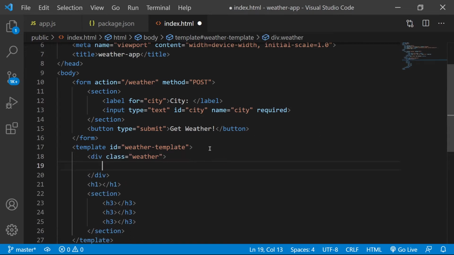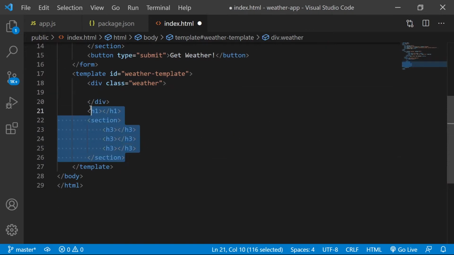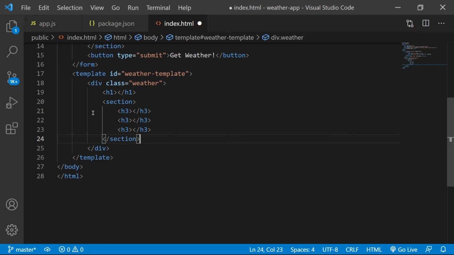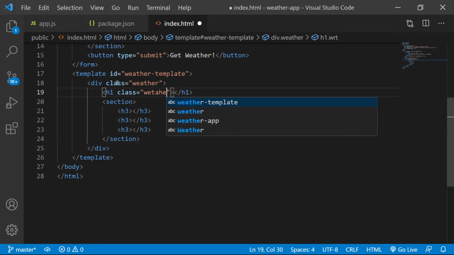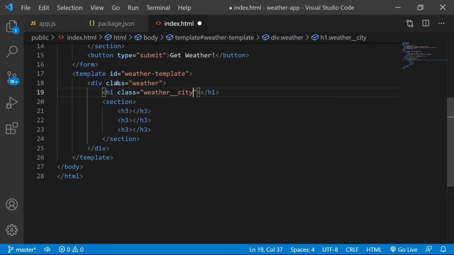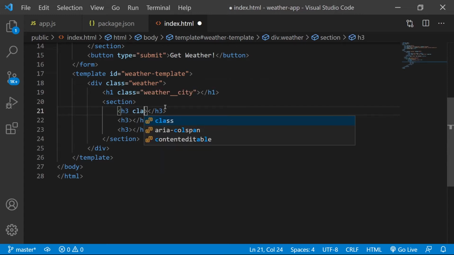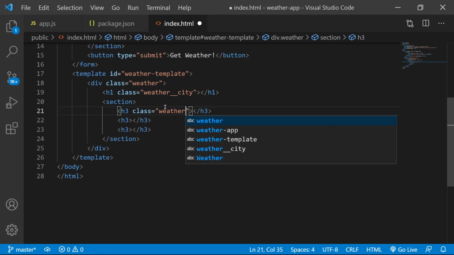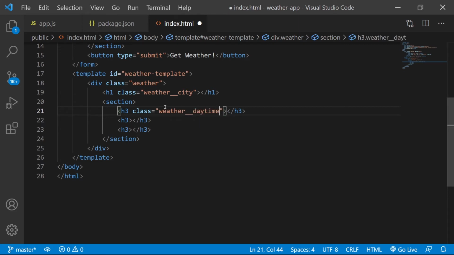So here, let's call this weather. I'll remove that and I'll put this in here. This I'll give weather city. Let's call this one weather daytime.